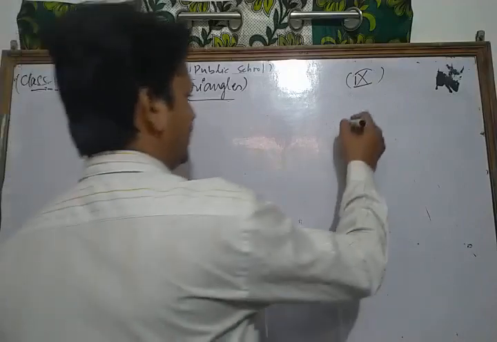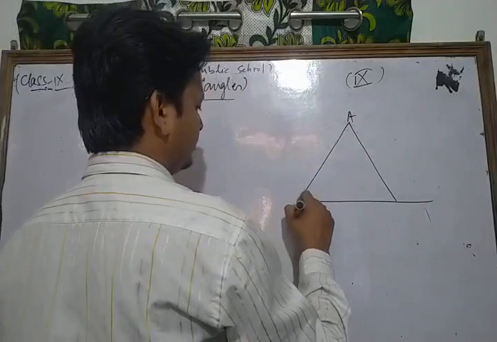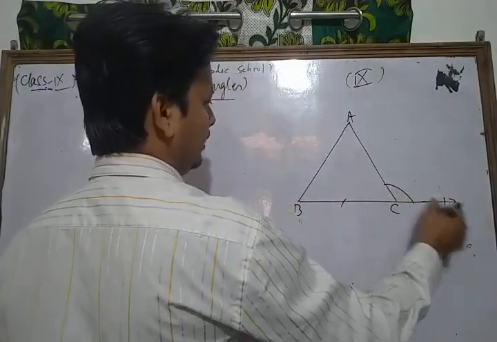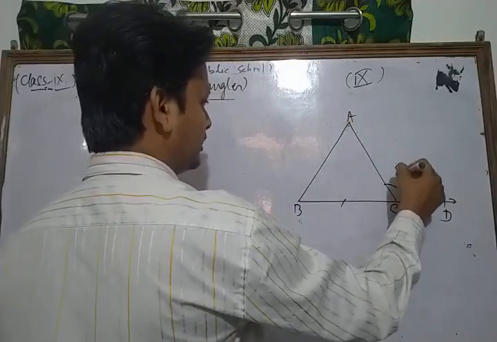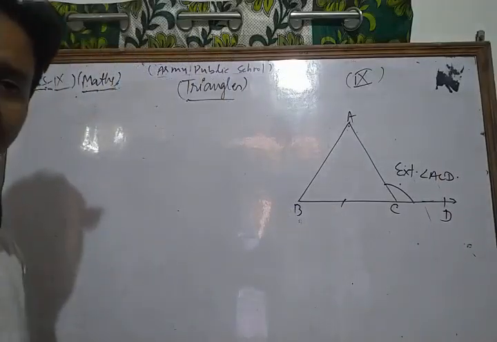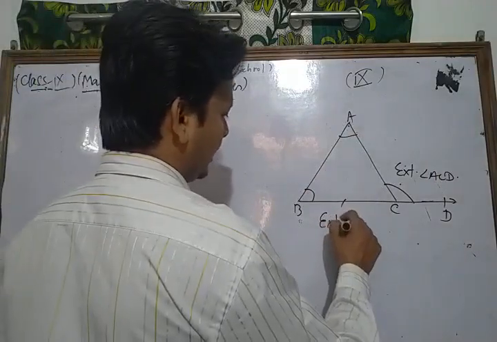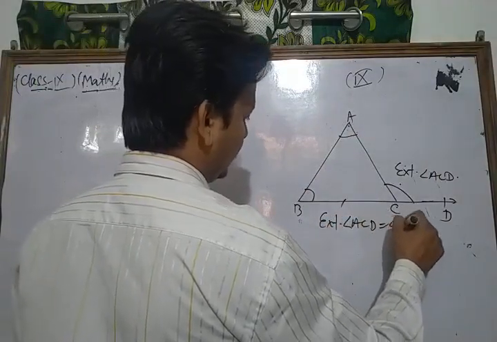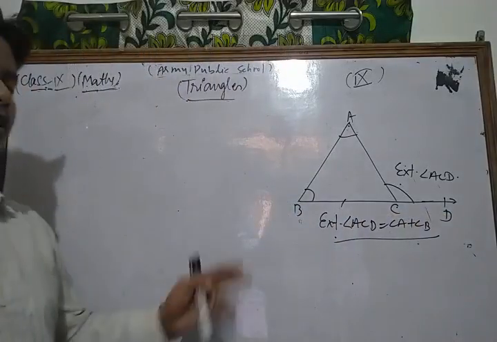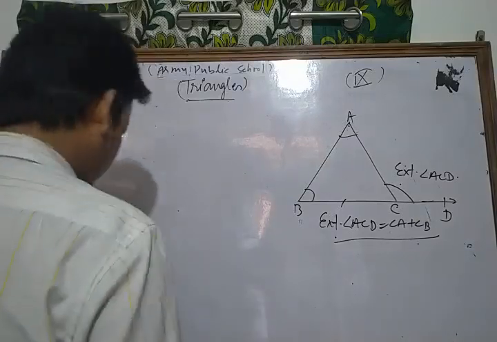You know that in the previous class, if ABC is a triangle and its one side is produced to D, then that angle ACD is called the exterior angle ACD, and that exterior angle is always equal to the sum of its two opposite interior angles. Means that exterior angle ACD is equal to angle A plus angle B. This is one of the most important properties related to exterior angles. Now we take and solve some important questions based on that topic.